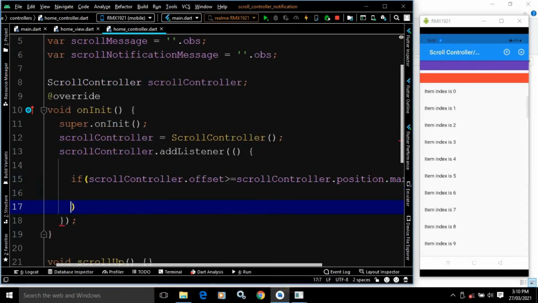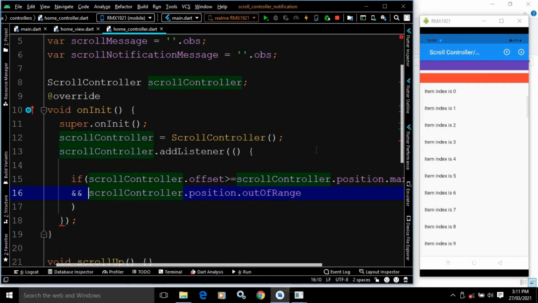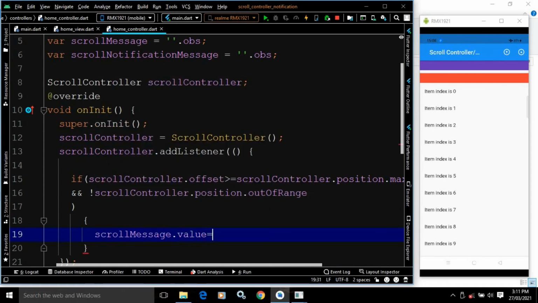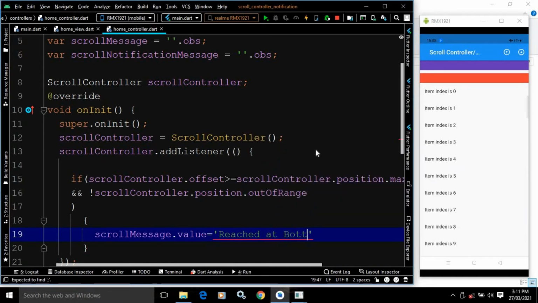Okay, as well as I will check scroll controller dot position dot out of range. If it is not out of range, then the variable scroll message dot value will be equals to reached at bottom.